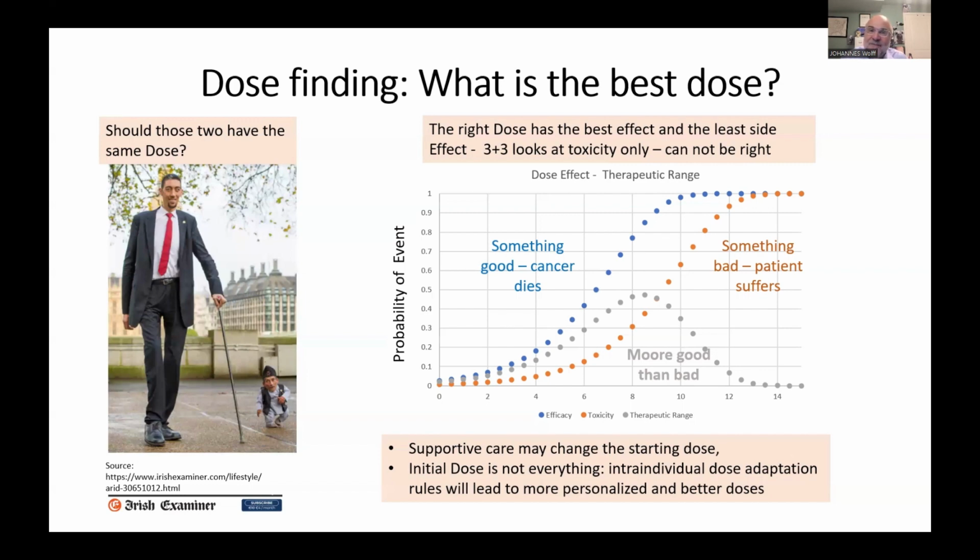A patient that gets a dose-limiting toxicity that was half the size of the others, that may mean something different than a patient that had the same size and got the dose-limiting toxicity. Supportive care can change toxicity. Supportive care, for instance, for nausea, vomiting, a common adverse event in chemotherapy in drug development in